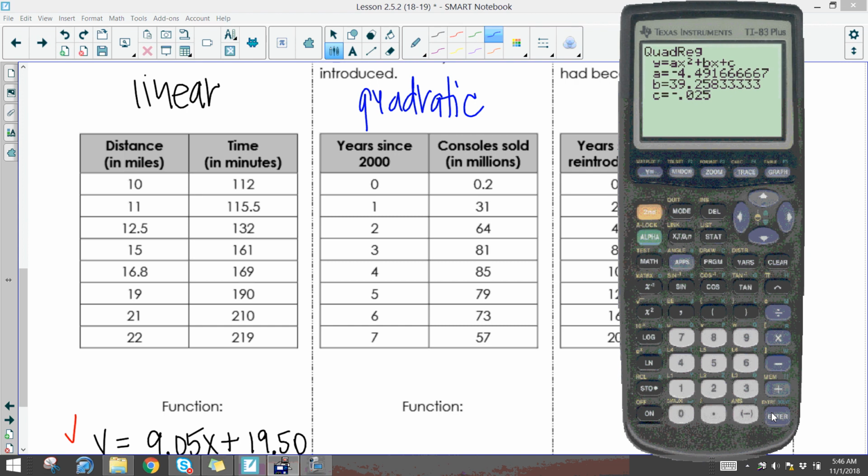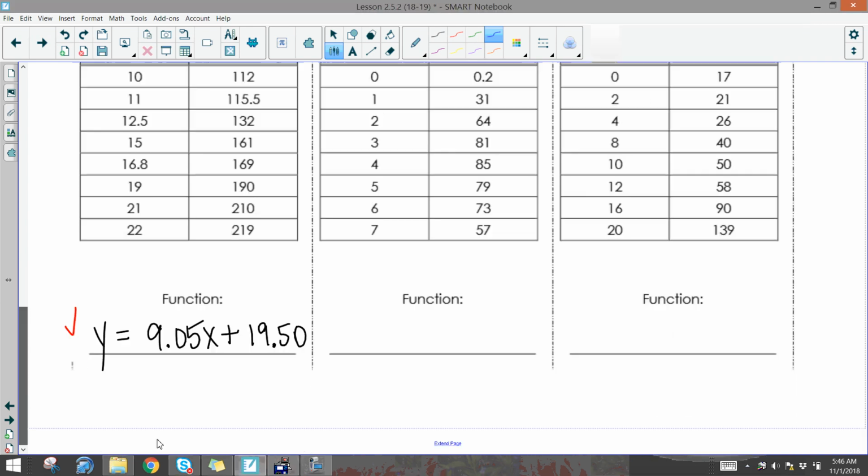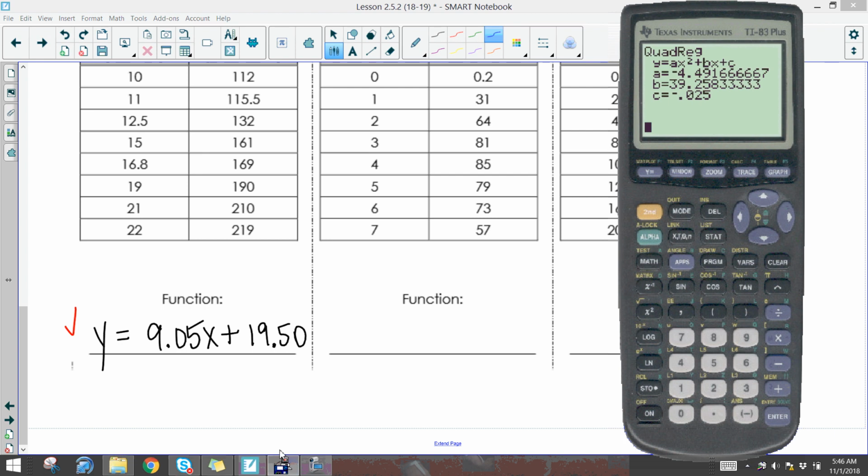So again, the nice thing is your calculator is not even giving you a, b, and c. It's telling you where to put them. y equals ax squared plus bx plus c, in case you forgot the standard form that I drilled into your head. All right, so we have, if we arrow down, a function that we believe will work, and that is